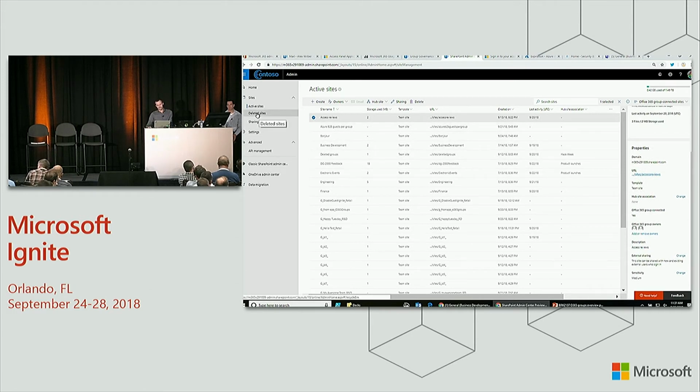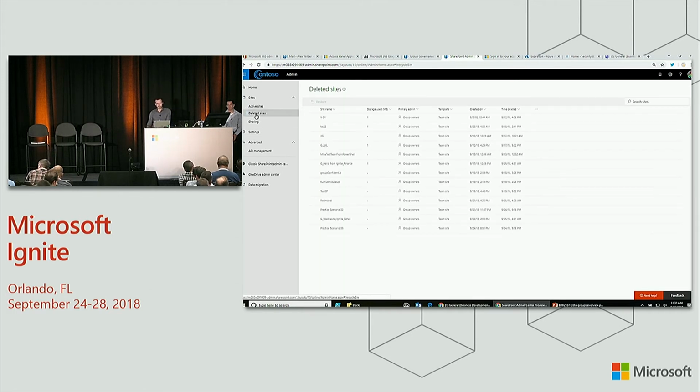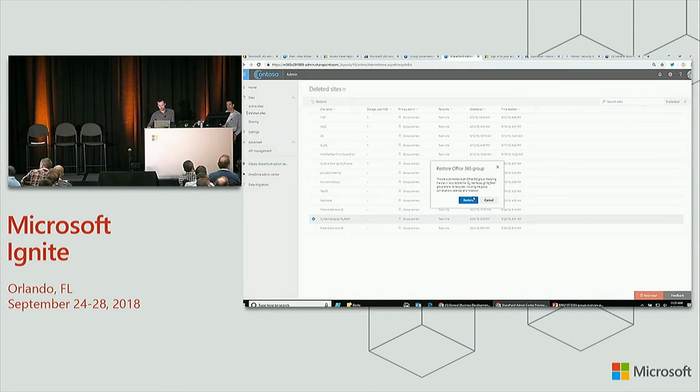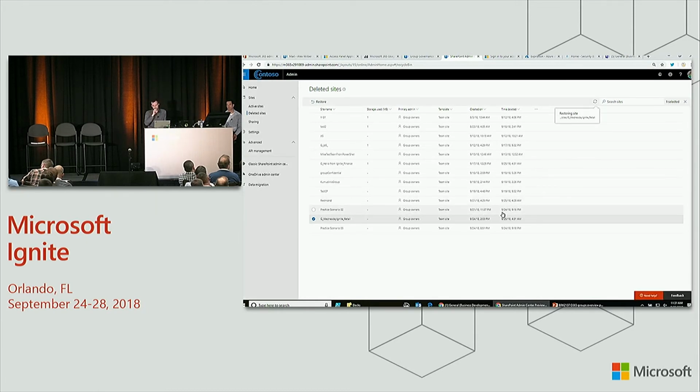And then the other thing is, how about if we give the SharePoint admin the ability to manage lifecycle? And that's what we're doing with this deleted type. I can go in here, and maybe I want to restore the Wednesday portal group. I go, voila, I get a little warning, everything is going to come back, and with one click, I'm going to restore this group. Again, the idea is to put you in the driver's seat.